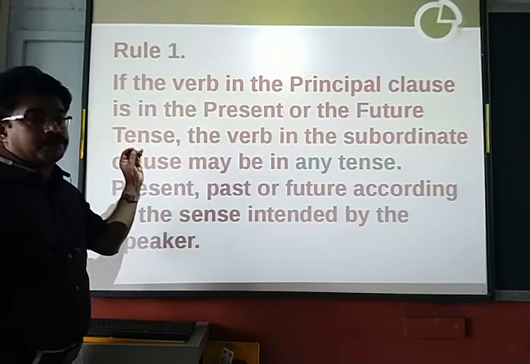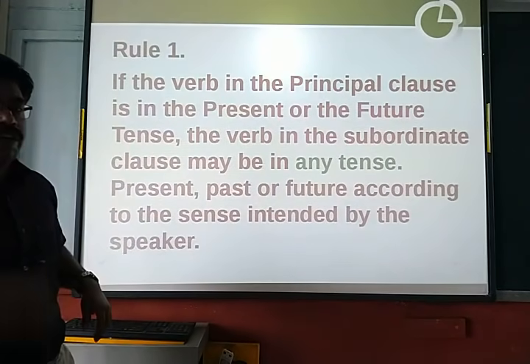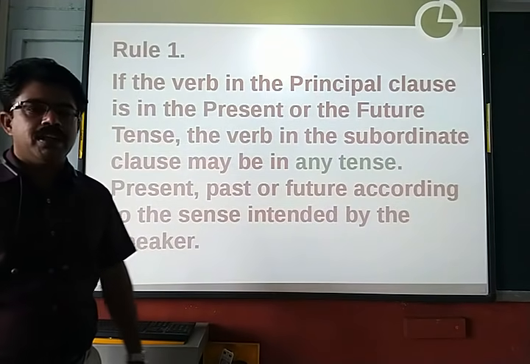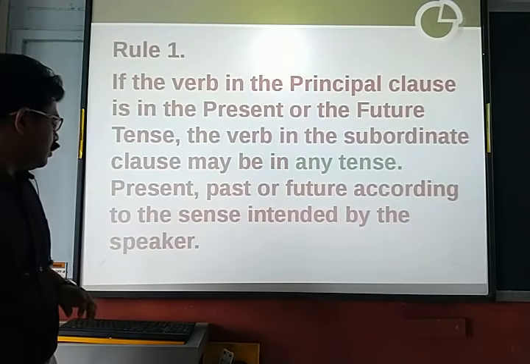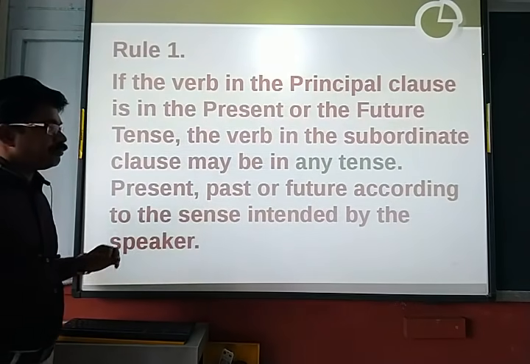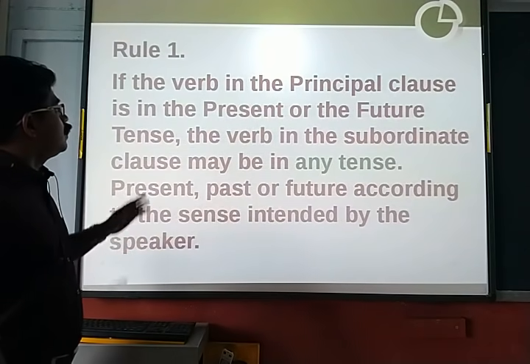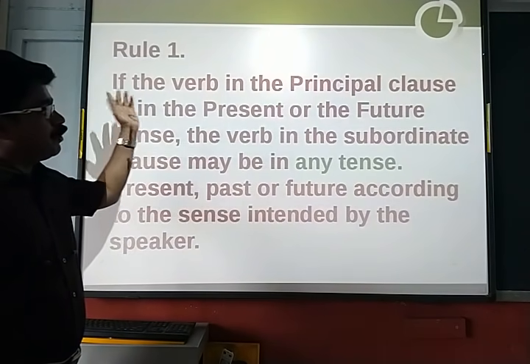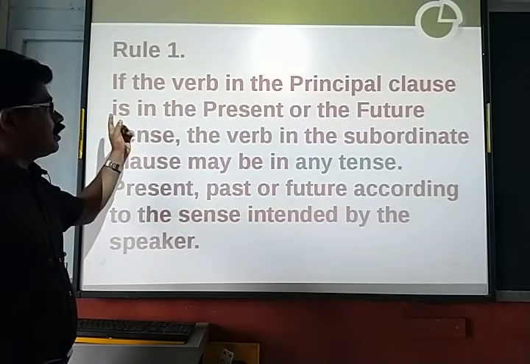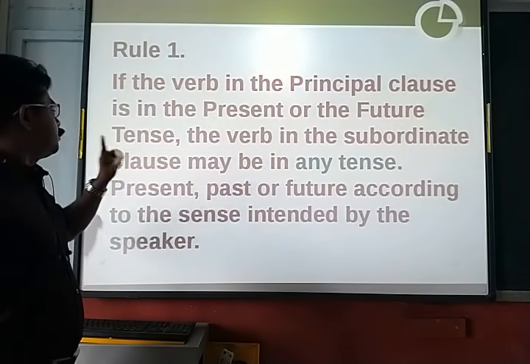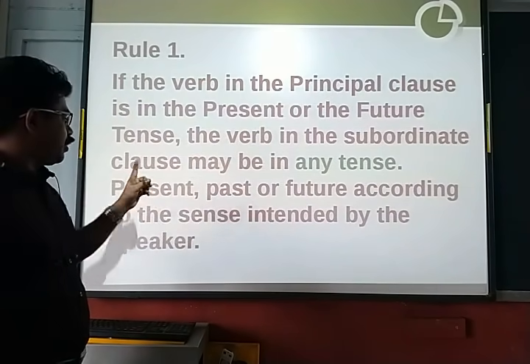Now here there is a rule given. Generally we have nearly three rules for sequence of tenses, given in Chapter 5 of our Total English book. If the verb in the principal clause is in the present or the future tense, the verb in the subordinate clause may be